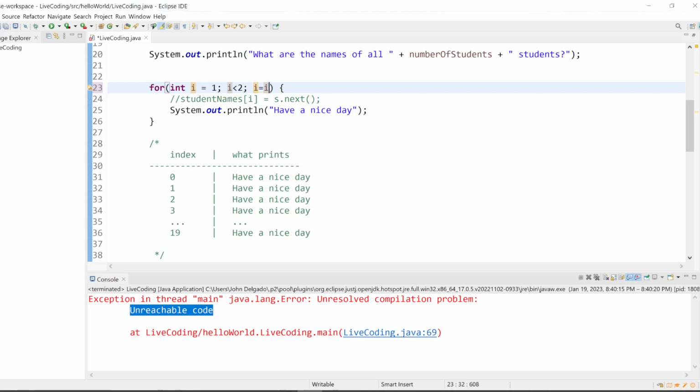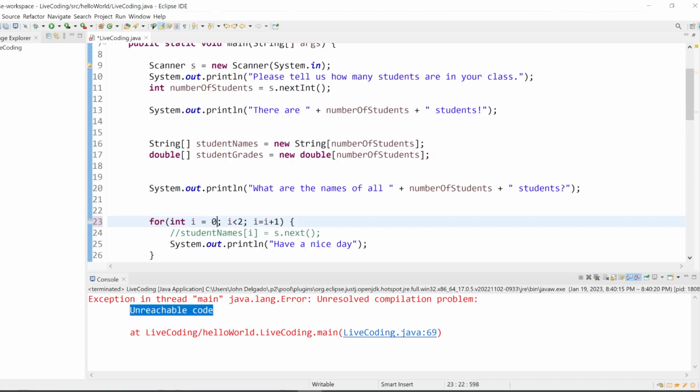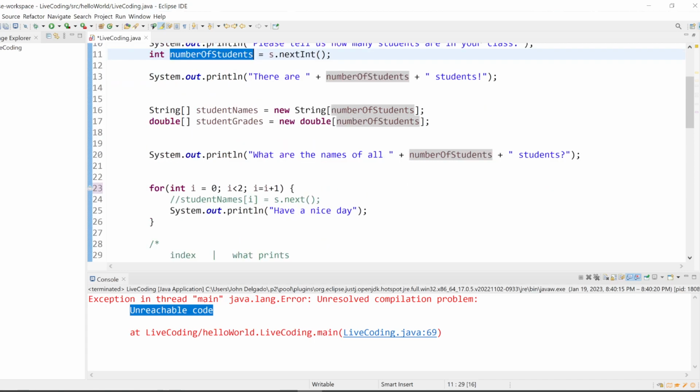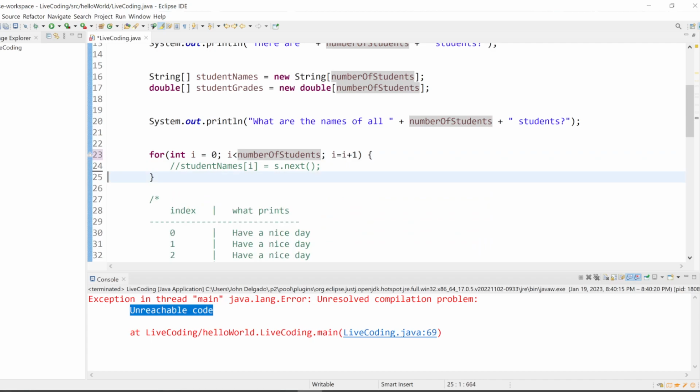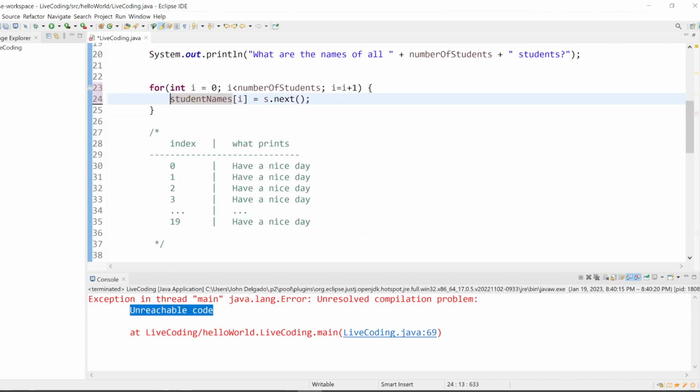So how does this relate to your work? How does this relate to going through a for loop a certain number of times? The absolute simplest way to deal with for loops is to say I equals 0, usually. I is less than some number, in this case, number of students. And at the end of each loop, I want to add 1 to I. So let's go back to our example and create. But before I move on,